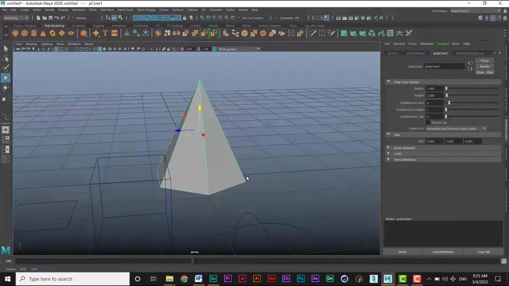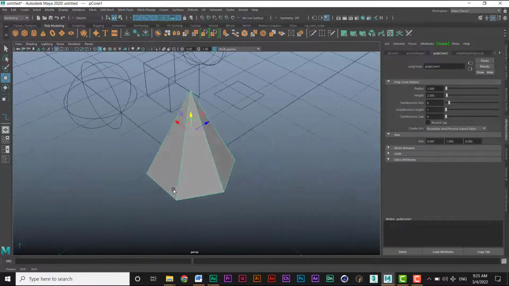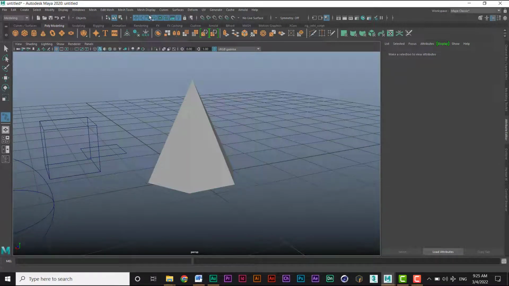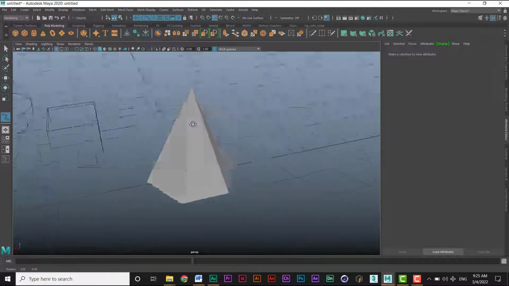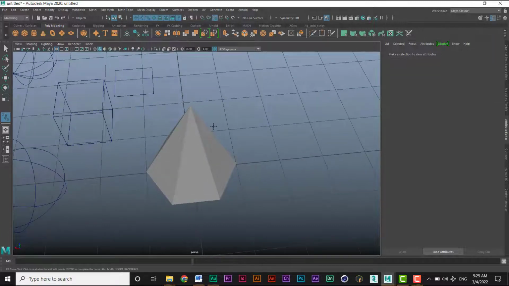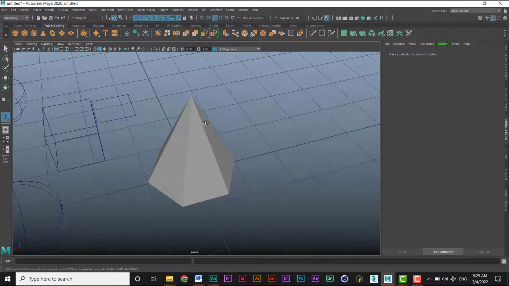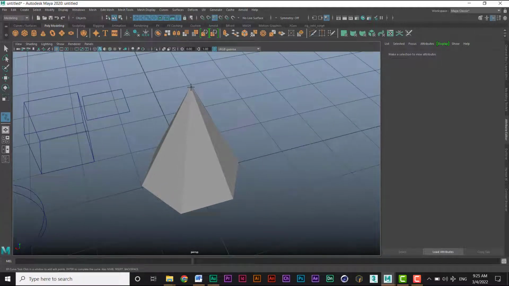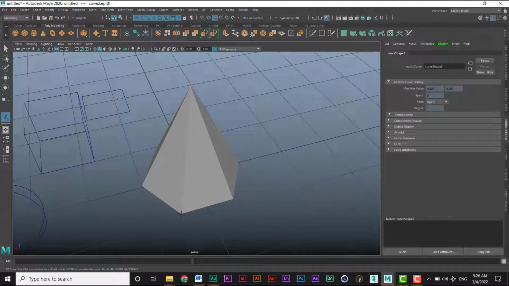So I want to make a custom control in the shape of the cone. Okay, so I go back to my EP curve. It's still in linear, and I turn on snap, and I do the same thing we did with the cube. So let's go ahead. Just make sure that you get every point around this shape. Okay, so let's start from the top. Then we come down, move, go up again,